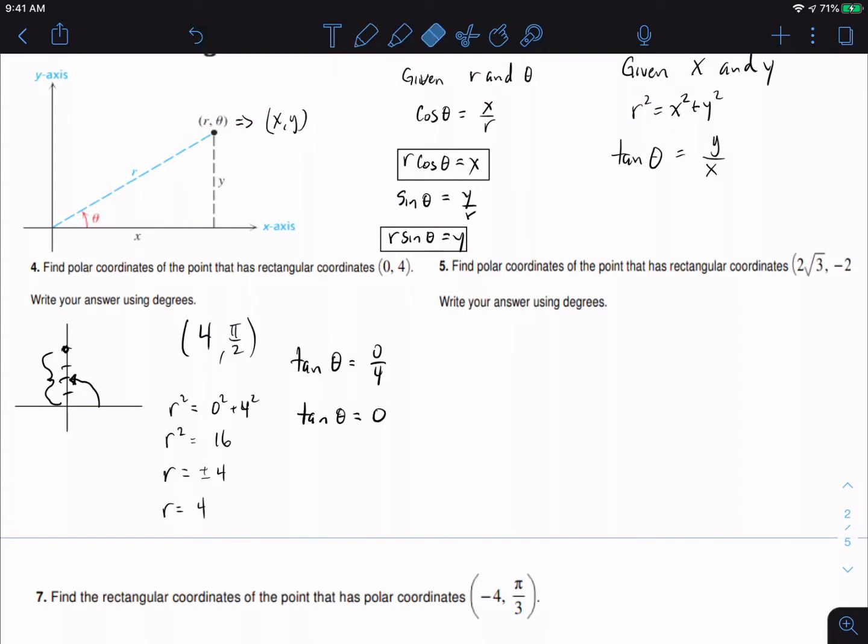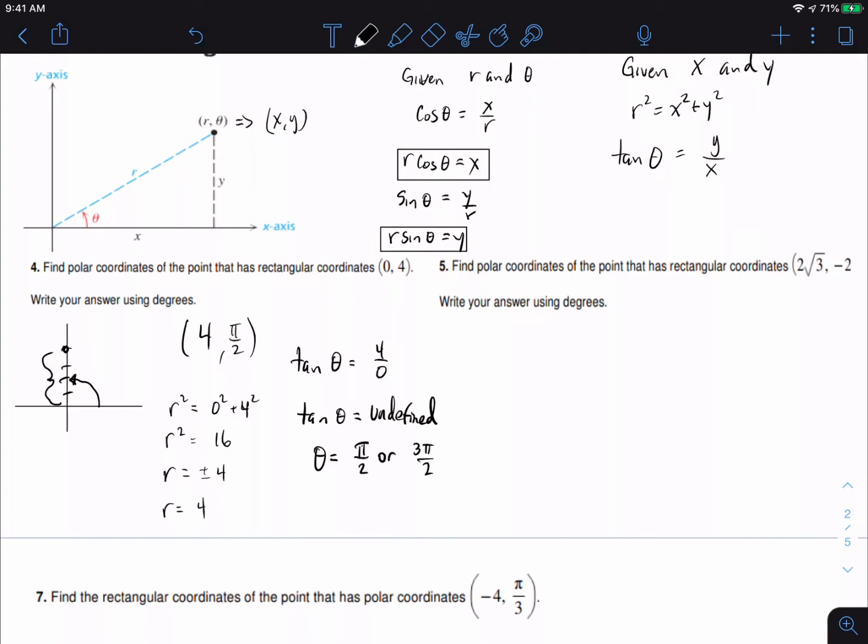My bad. It's 4 over 0, which is undefined. And then when tangent is undefined, we know it's either at pi over 2 or 3 pi over 2. And so what ends up being cool about this is our theta would have been pi over 2 or 3